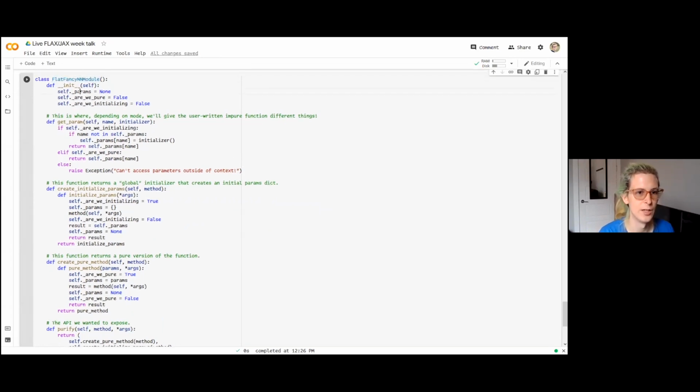It's going to have the parameters as before. And we're also going to have flags that say, are we running in pure mode? Are we running in initializing mode? This is going to be the get parameter. And so if we are running in pure mode, just return the parameters. If we are running in initializing mode, then set the parameters to something that the initializer that we specified gave us. And so this way we can